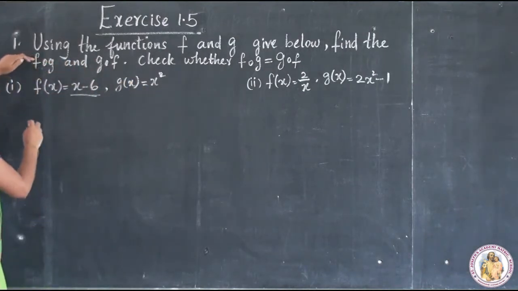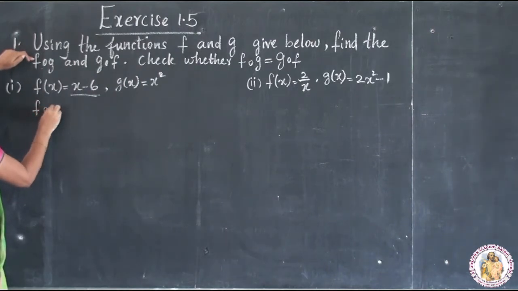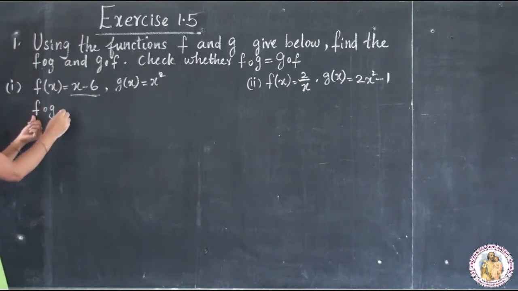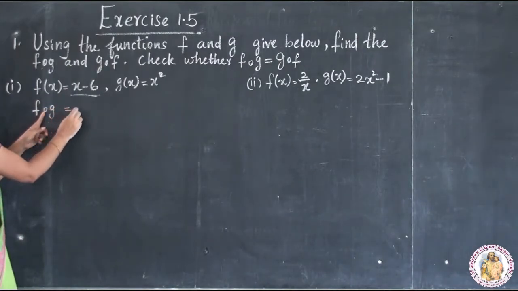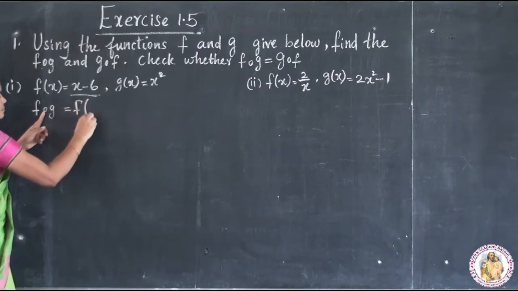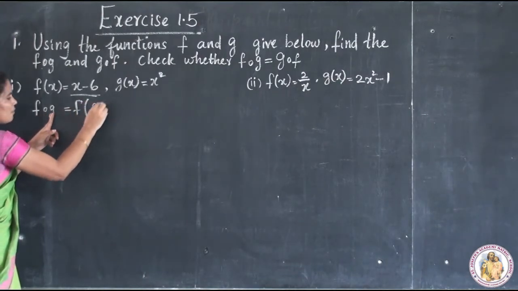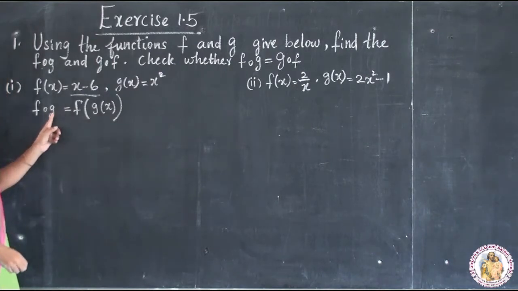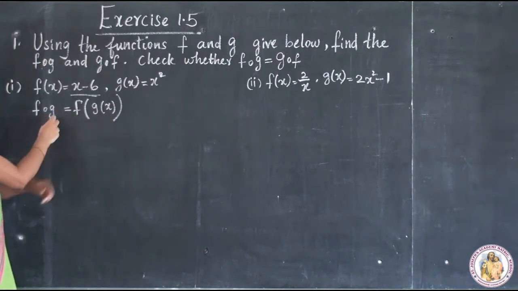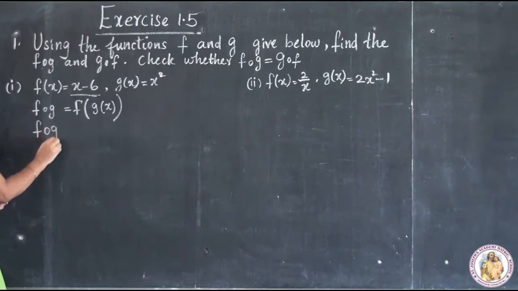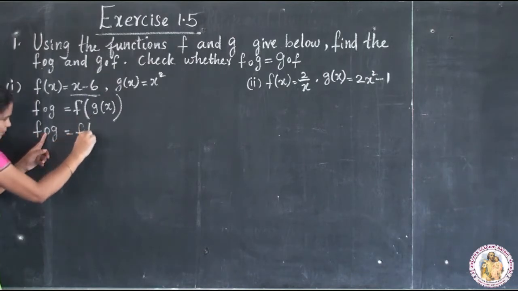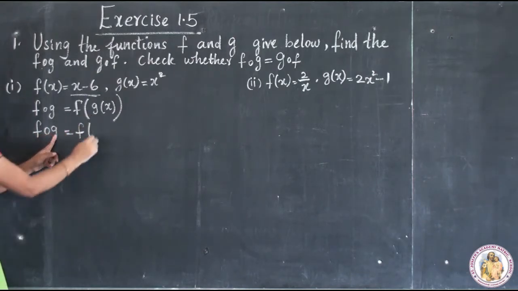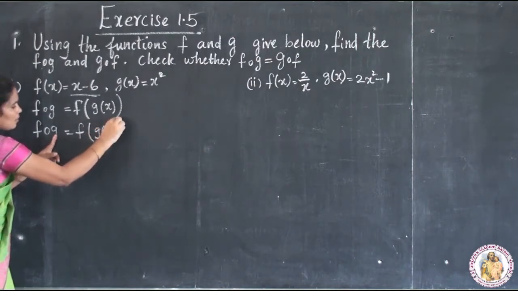First of all, we'll find what is f dot g, that is f of g. How we have to write f of g is f of g of x. Shall I write and show you again? f of g is nothing but, write this f first, then of, for f of, put a bracket g, that is g of x. Okay?